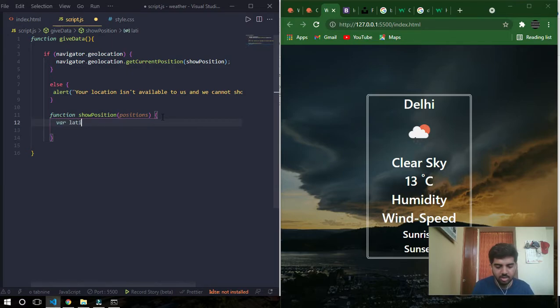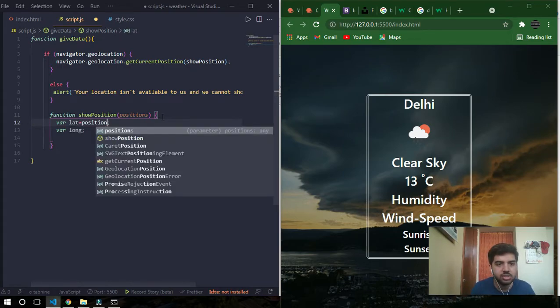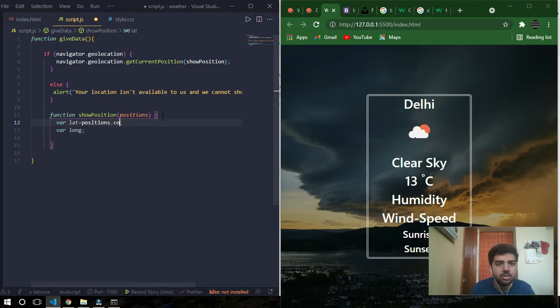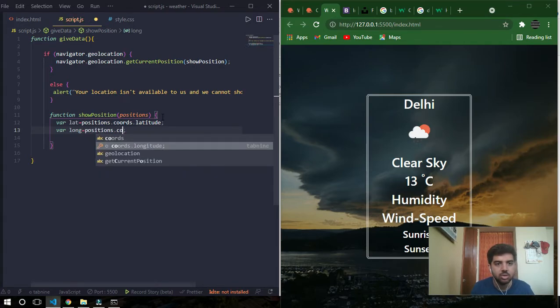Variable lat and variable long. So latitude is equal to position dot, I guess it's coords, coords dot latitude. Then longitude is position dot coords dot longitude.